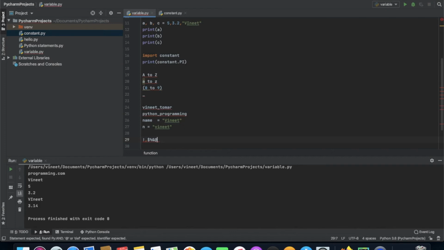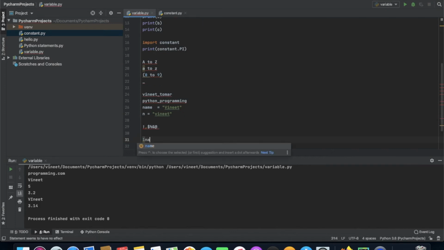Don't ever start a variable name with a digit like this. It is wrong. You can put digits at the end, but don't put them at the start.